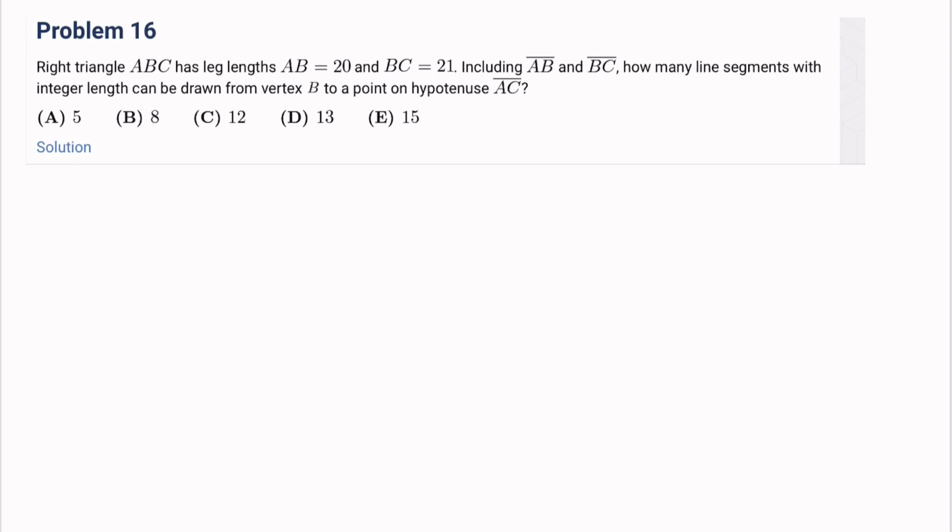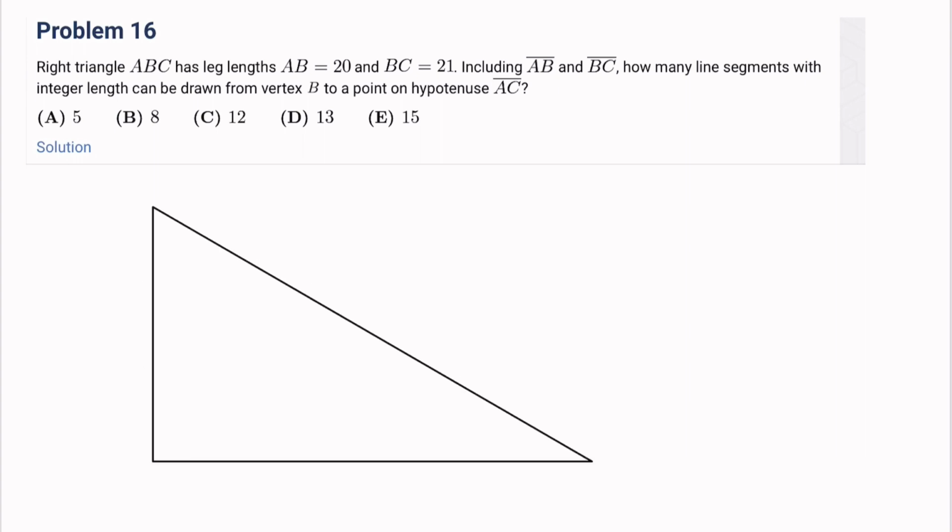Okay, so we have a right triangle called ABC, and it will look something like this. And AB would equal 20. The lengths are kind of off here, so let's say that this is AB and this is BC. This would be 20 and this would be 21. And including AB and BC, how many line segments with integer length can be drawn from B to a point